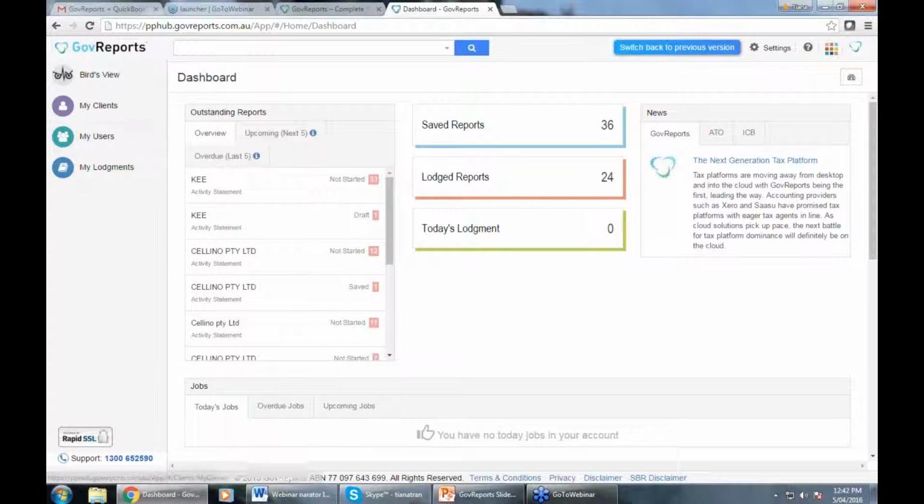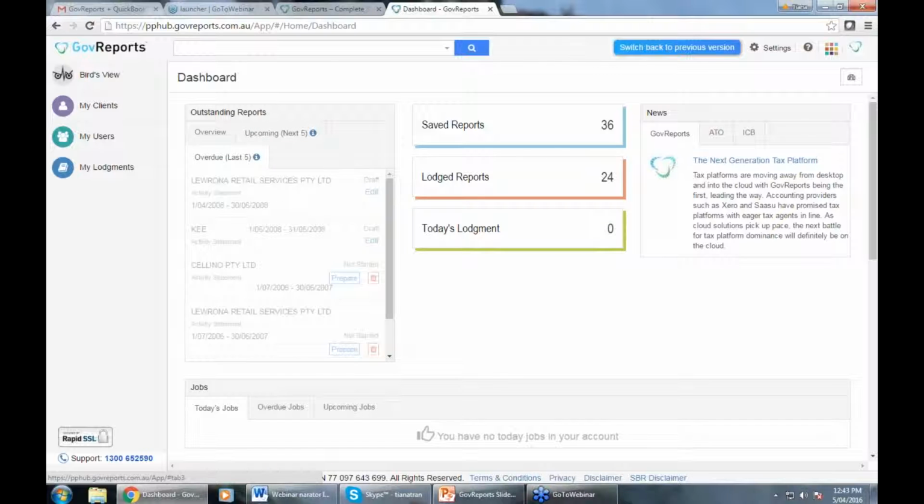That's the left-hand menu, and on the dashboard, whatever services you have subscribed for, you can also get access to some of them here. Outstanding Reports is an additional, optional feature for people that do activity statement lodgement through GovReports. This basically is a reminder service that gives you an overview of which clients have an upcoming activity statement due. And of course the overdue, so that it reminds you when the activity statement is due,